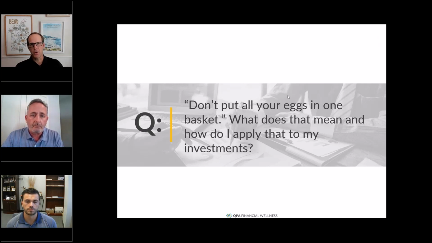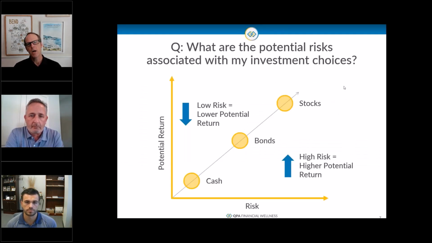Exactly. And going along with this same adage, when you're thinking about don't put all your eggs in one basket, what you're really doing is figuring out how many baskets you're going to have, and then how many different eggs you're going to put into each of those baskets. We're going to expand on this concept a little more as we start talking about investments themselves. Now, another really important factor that we have to start to understand are the different levels of risk associated with the different types of investments, whether we're talking individual stocks or bonds, mutual funds, and other types of investments.